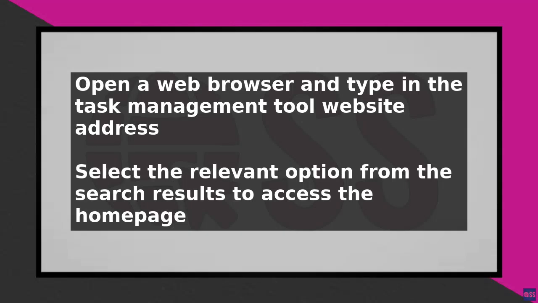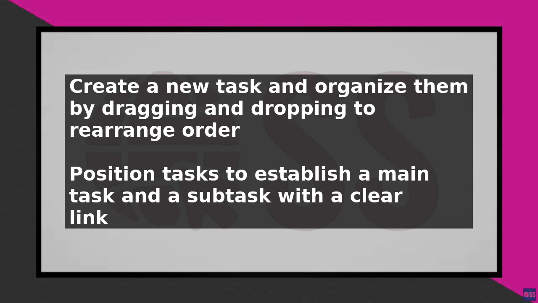To get started, open a web browser and type in the website address for the task management tool. From the search results, select the relevant option, which should be one of the first choices. This will direct you to the home page, where you'll see your name displayed, along with various sections such as